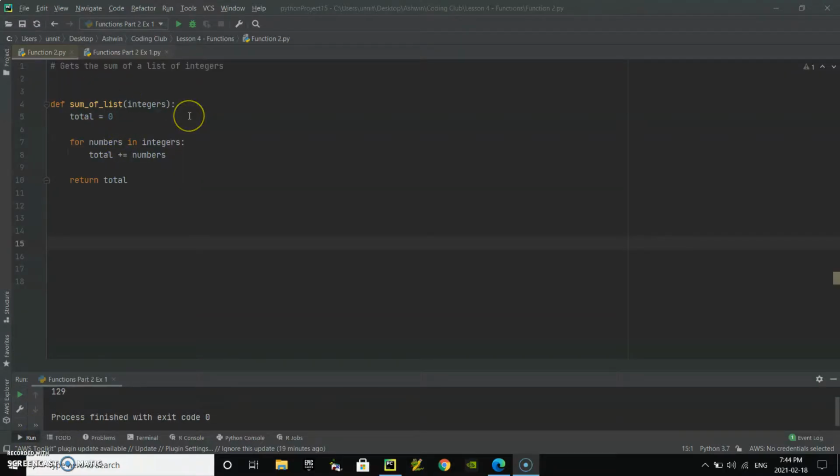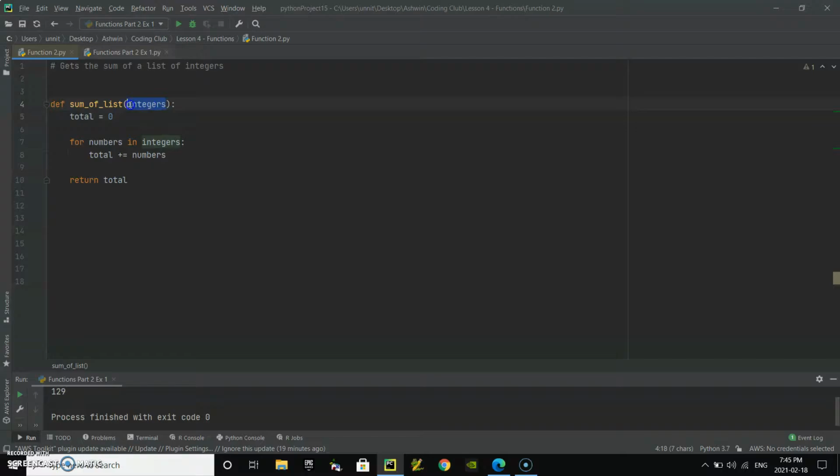Okay, so before we get into nested functions, I want to clarify some things about our previous video, okay? I want to correct some things. So let's look at this function called sum of list from our previous video. Now, when I talked about integers, I mentioned it as attributes, okay? But it's not called attributes in Python. Attributes come into play when we're talking about functions and classes together, which we'll get into more detail in a later video. But basically what I want to clarify is that integers are actually known as parameters of a function,